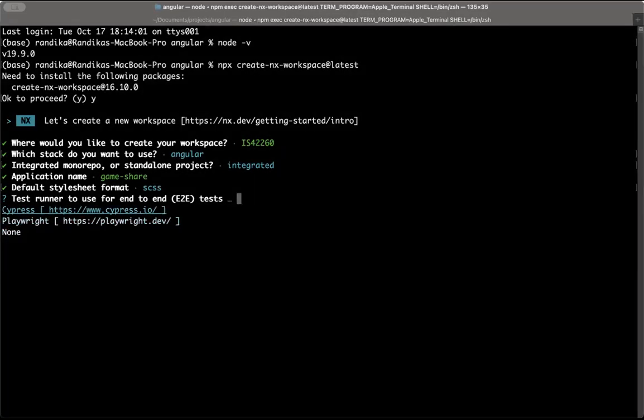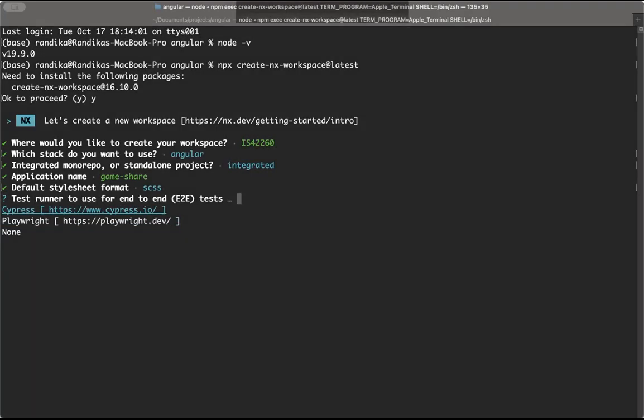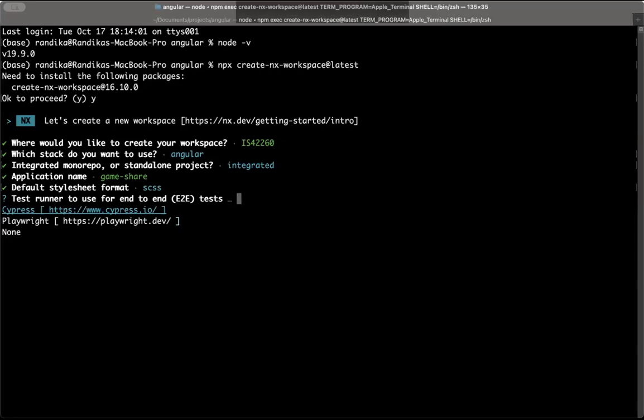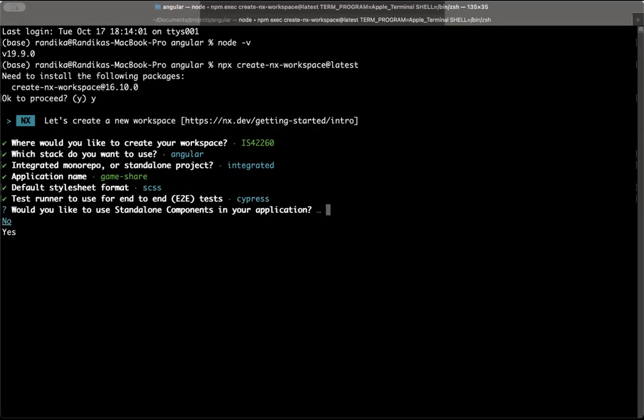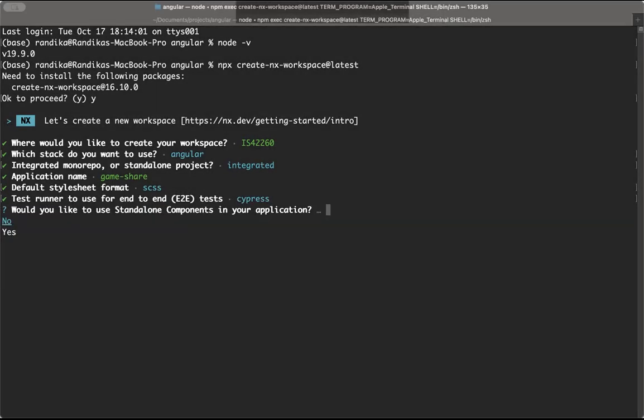to use. So Cypress is one of the things that I'm pretty much familiar with. Playwright is something new, so I'll go with Cypress for now. So this will be used for end-to-end testing. We'll see that in a little bit. I'll just use Cypress. And there is a new